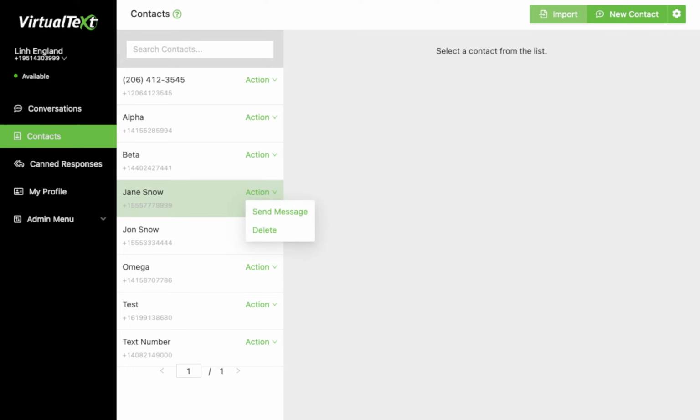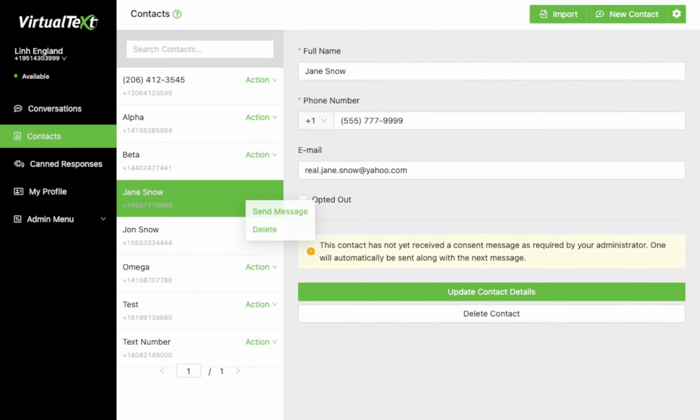Now you have different actions that you can do. You can send them a new message, one-off. We do have the Pro feature, which gives you the ability to send multiple contact messages at the same time. But in here, as you can see, you could change the details. So let's say the name is different. You could, of course, change it to a business name, or any of the information you'll be able to edit